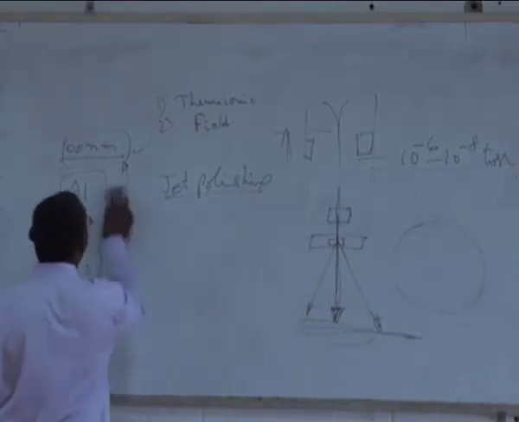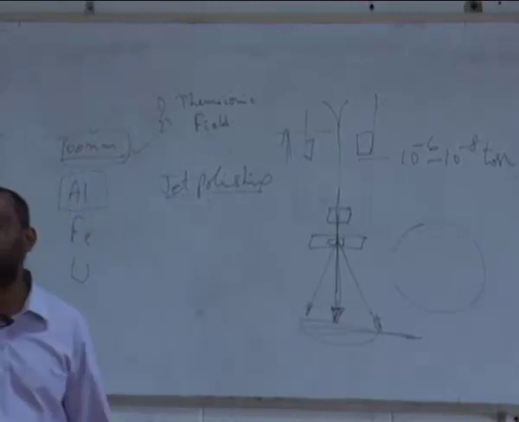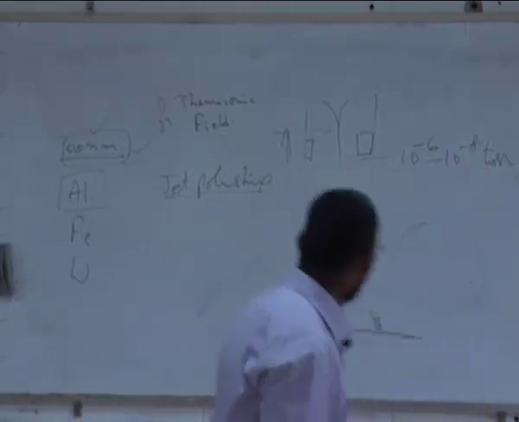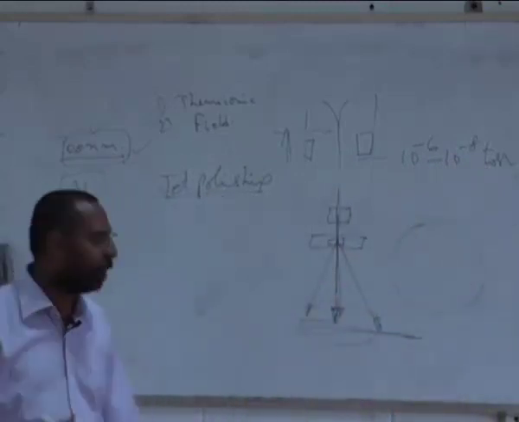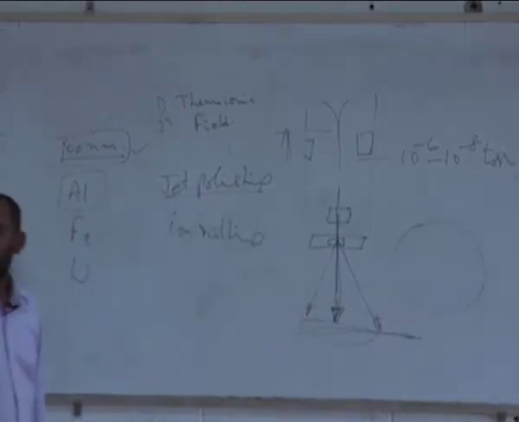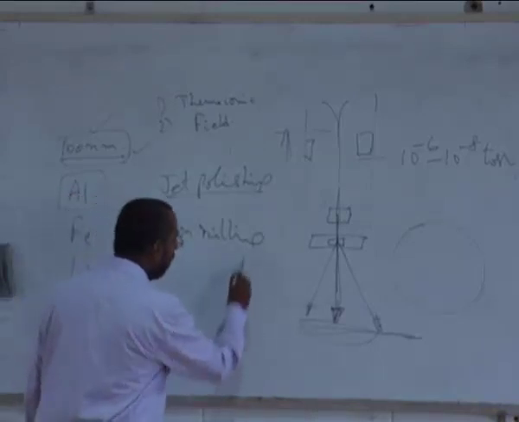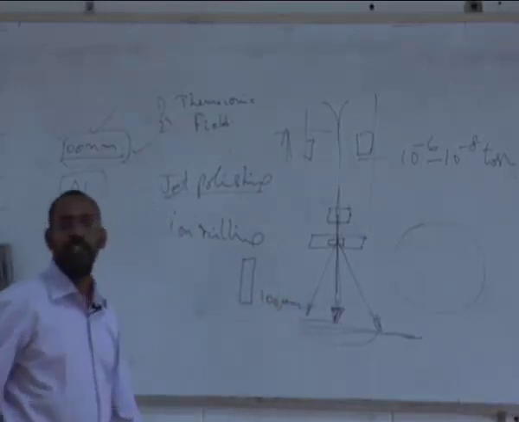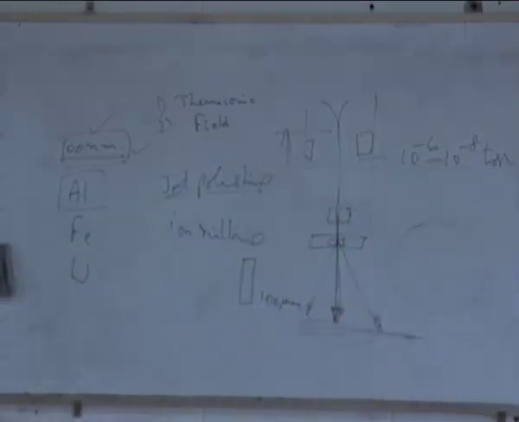So if it is non-conducting, at the same time my problem is I need to come to this thickness. There is no solution for me. So to reach that thickness, how do I do it? That's where we have certain techniques that are available. One such technique is called ion milling. Here also, the first thing that we do is we make a sample which is thin, of the order of 100 microns. You may say, how do I make such a thin thing in a ceramic material?